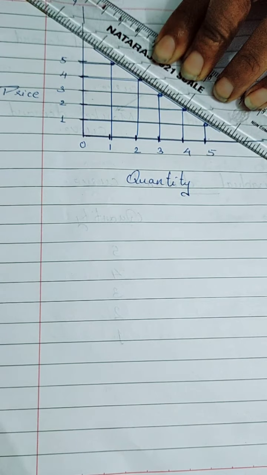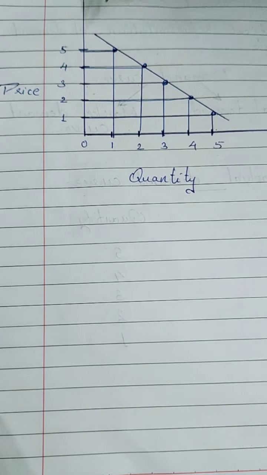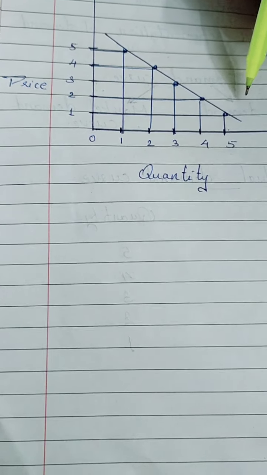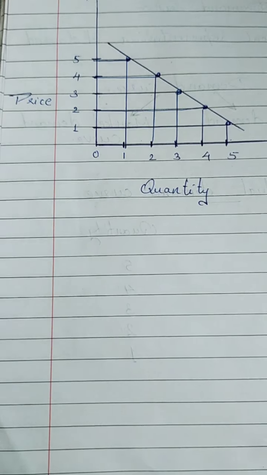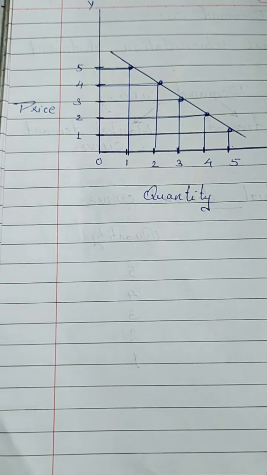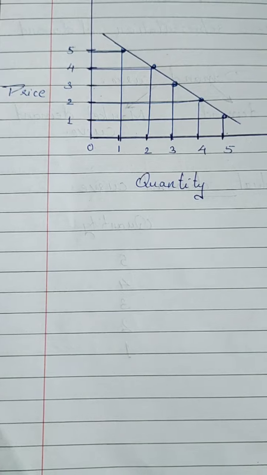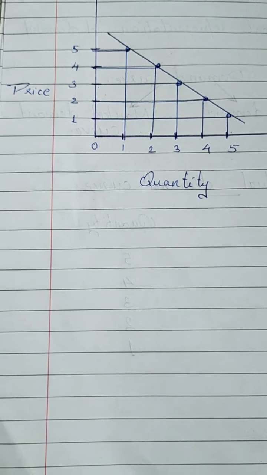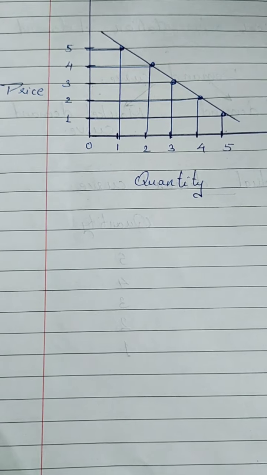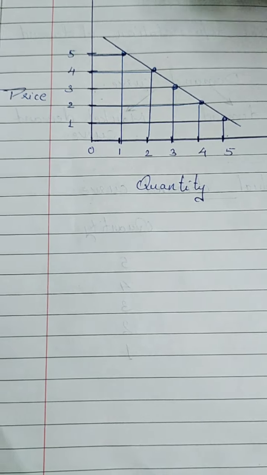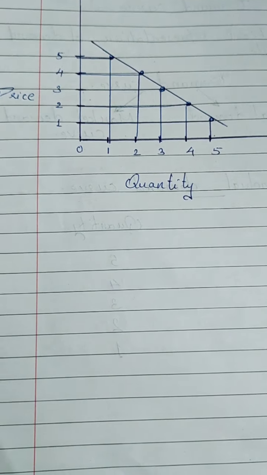Here you can see that the characteristic of this curve is that it will always be downward sloping. When we were studying the first and second chapters, we discussed this downward sloping curve: when does a curve slope downward? When the relationship between two things is inverse. Like here, price was increasing and the quantity demanded is decreasing, so the relationship is inverse. That is why this demand curve is downward sloping. So this is your individual demand curve.